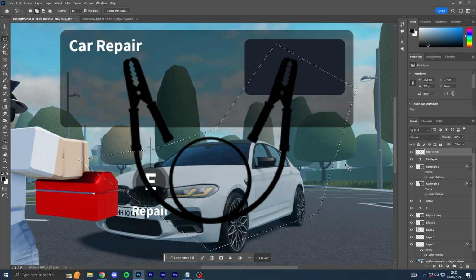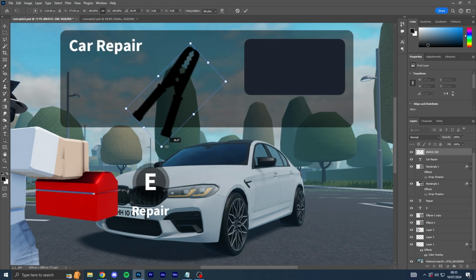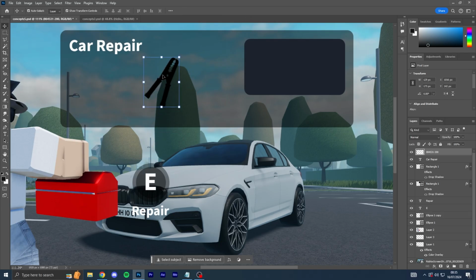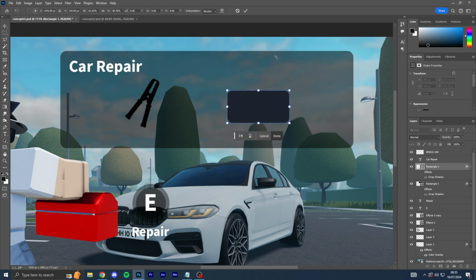All right, everybody. So I found an icon of jumper cables, so that's what I'm gonna do. I'm just gonna slice off the cable part of it, so I've just got this little tool. It's gonna be interactive, and I'm gonna put my own cables on it, because I wanna put them in custom places. So you've got the car repair menu, and I'm gonna make a car battery by adding a few rectangles on top of each other.